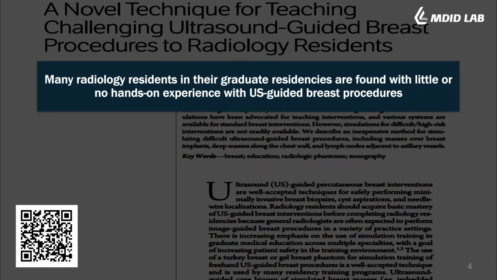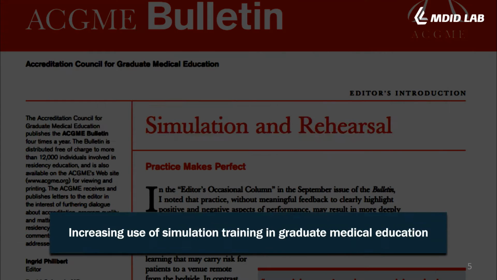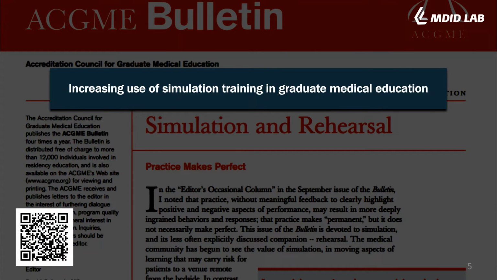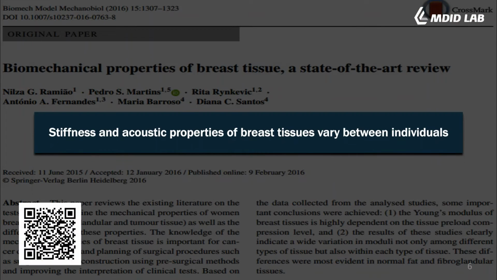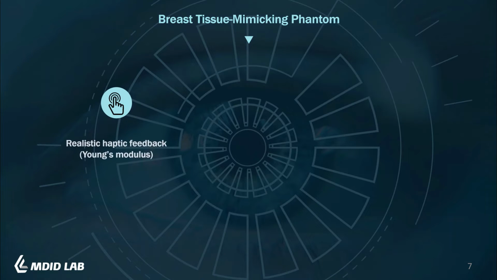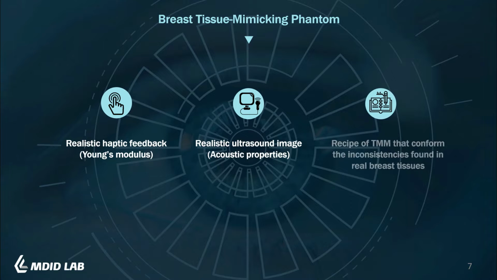However, many radiology residents have little or no hands-on experience with ultrasound-guided breast procedures during their graduate residency. To enhance safety, the Accreditation Council for Graduate Medical Education has strongly encouraged the increased use of simulation training in graduate medical education. In addition, stiffness and acoustic properties of breast tissue vary from individual to individual. Therefore, in this study, the tunability of the mechanical and acoustic behavior of the breast tissue mimicking material was investigated